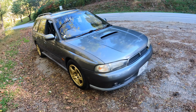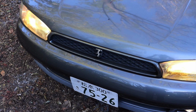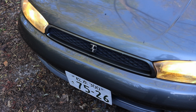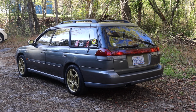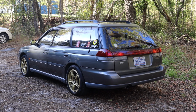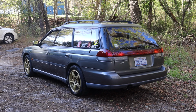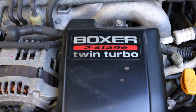But now let's get to my final thoughts here on the Subaru Legacy GT from Japan. Well, this is like Exhibit A of Japan just got cooler stuff than us. We never ever got the twin turbo. And to this day, we haven't gotten any Subarus in twin turbo here in the US. But back in the 90s, you could get one in Japan, and this is it. And it's so fun to drive. It's so smooth, and it's actually...